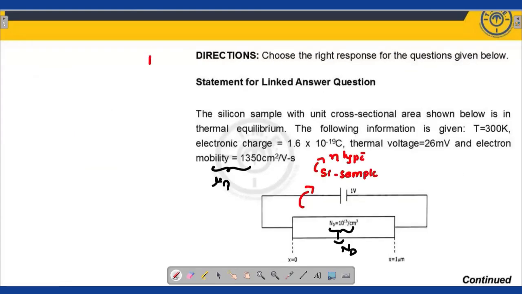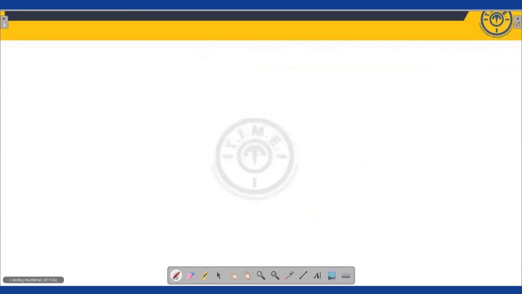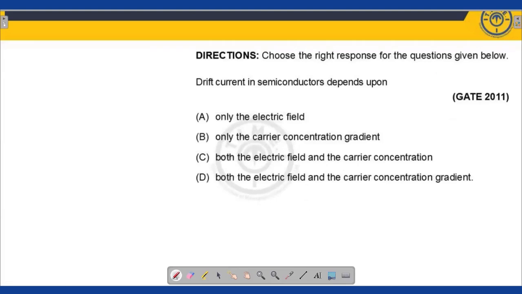15B. Next question. Question number 16 itself is a little bit of a simple question which has been asked, my dear friends, is that